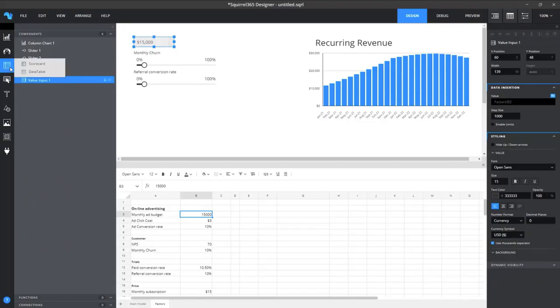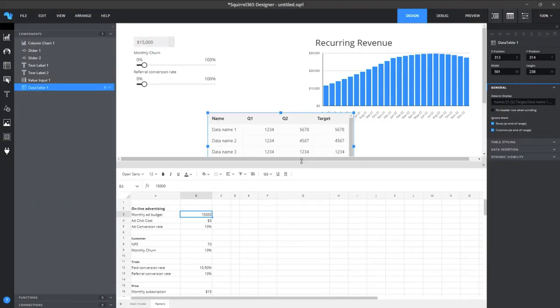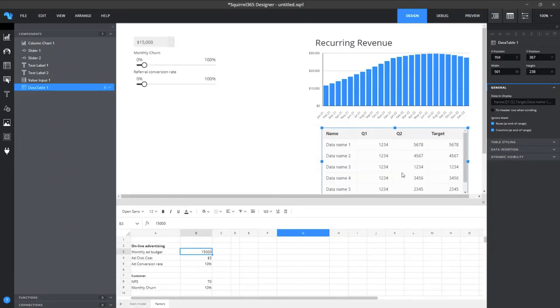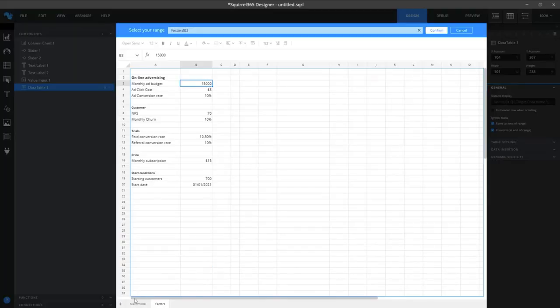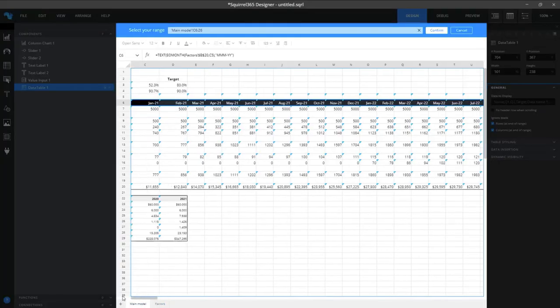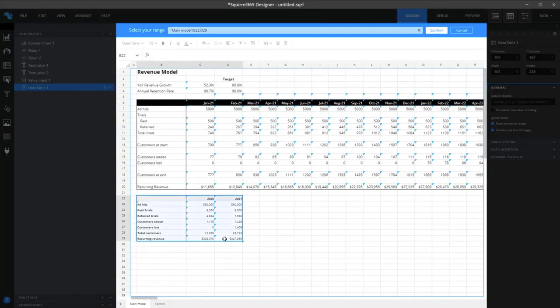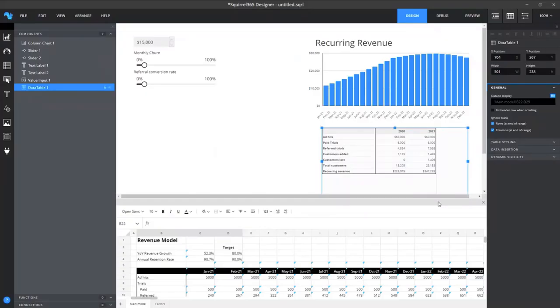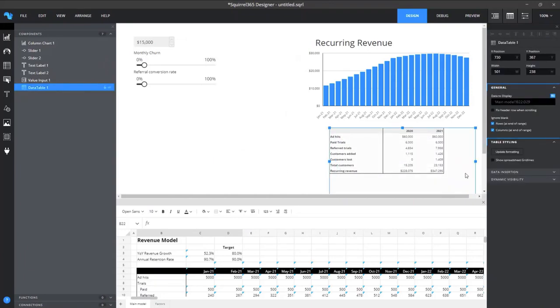We might want to add a table in here, so I can see this data as a table as well, and that's really easy to do. If I just make some more space on the canvas, I come in here, bind it into this set of data that we have in the spreadsheet. Again, I added nothing to the spreadsheet. It's just as it was, and showing that there. So now we have a little table. Maybe make that